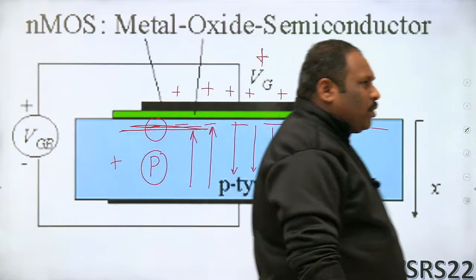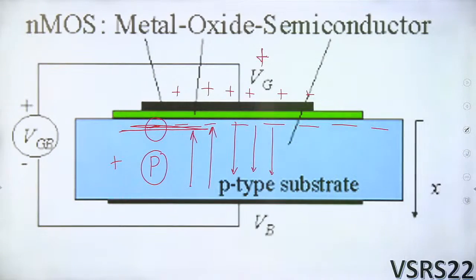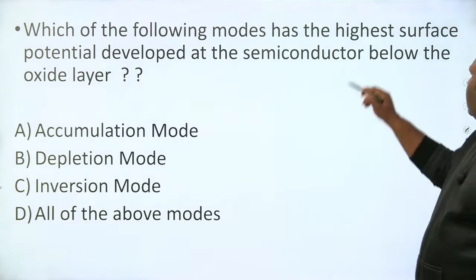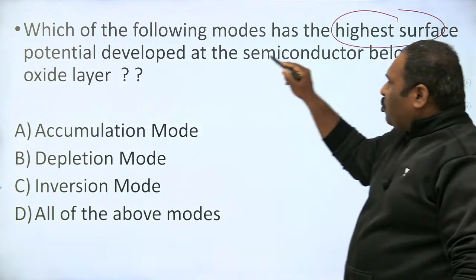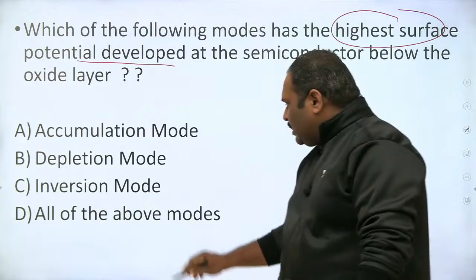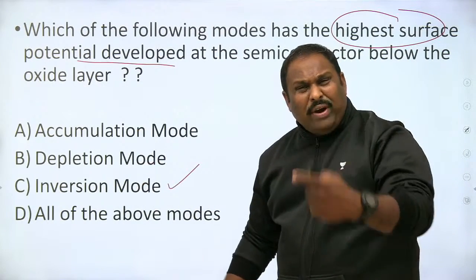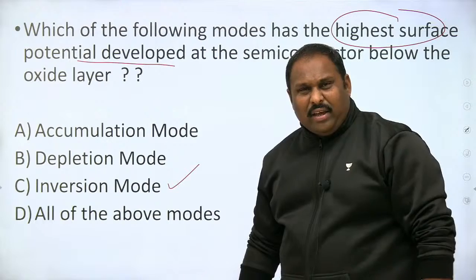So all of you listen to this point very carefully now. Now this point is very, very important, Sumit. Sumit, I think I can answer your question, but still look at it. कि इस हालत में the point to understand is highest surface potential developed is in the inversion mode. Sir, accumulation mode में why doesn't it come? Surface potential क्यों नहीं आएगा?